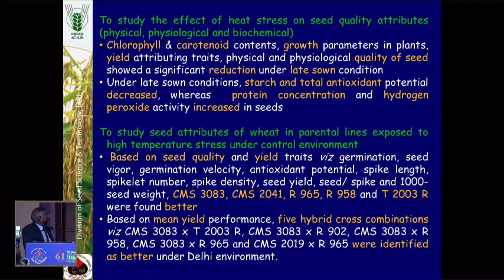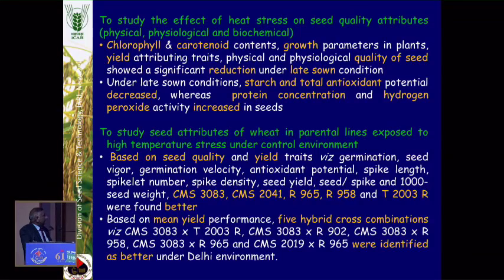She also established that chlorophyll and carotenoid contents, growth traits, as well as yield traits, including the quality of seeds, were significantly reduced under late sown conditions. Starch and total antioxidant potential decreased, whereas protein concentration and hydrogen peroxide activity increased in the seeds. Based on seed quality and yield traits, she identified the